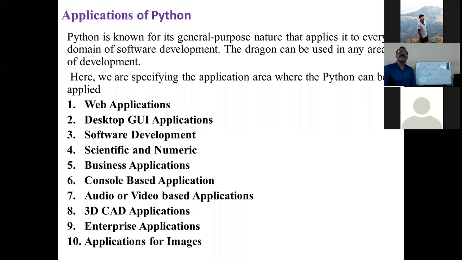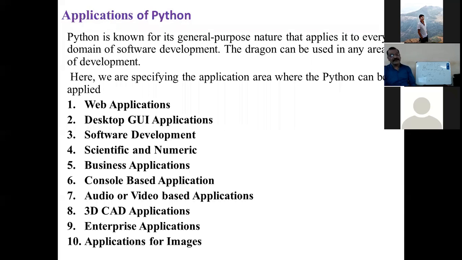These are the applications of Python, and Python is the software. That's why, before we go through the applications of Python, all of you must know the applications of software. I am taking the overview of the applications of software first, not going directly to the applications of Python.